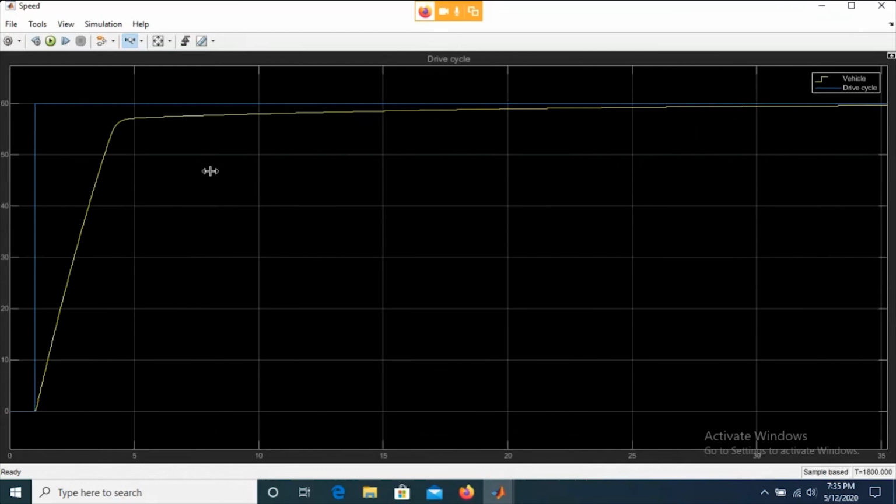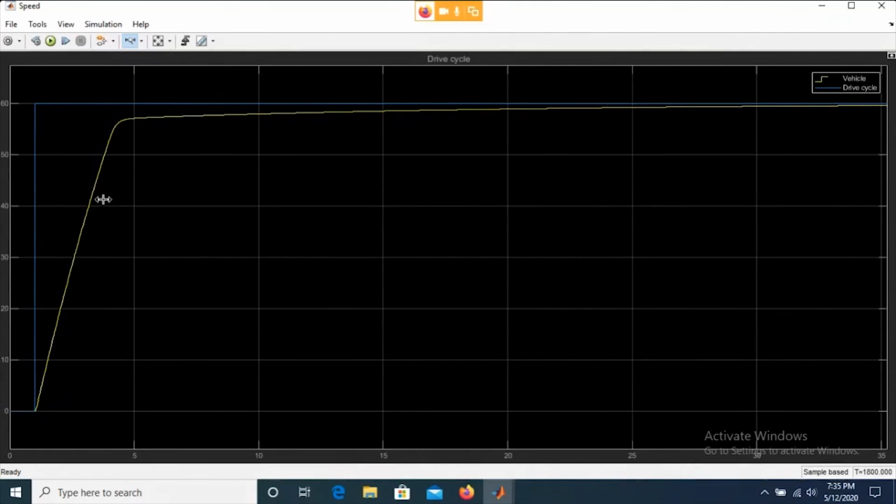Now you may try to increase this to 80 and do the simulation again, or you may try to reduce this, or you may try to fine tune the acceleration over here, right? So if I want to get 0 to 60 kilometers per hour in, let's say, 3 seconds, what is the modification I'm required to do?